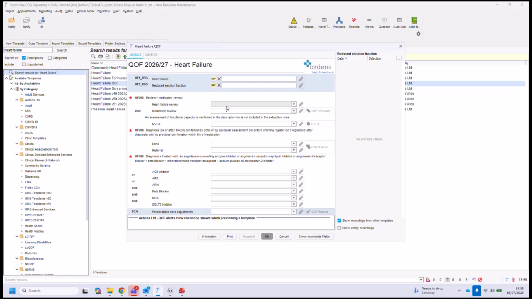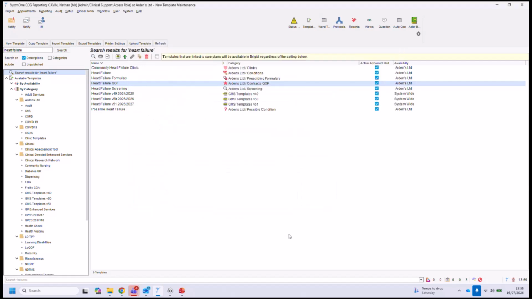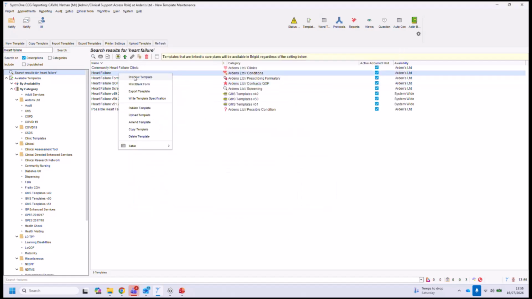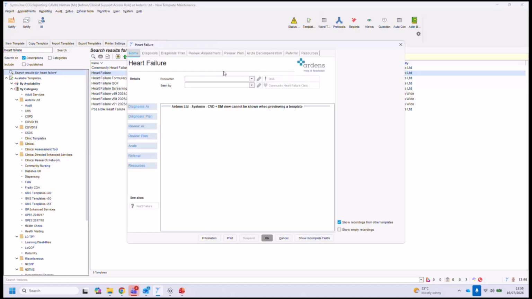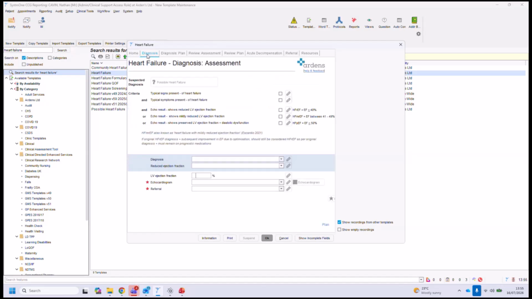Now, what I want to do is just quickly show you the heart failure template for best practice, and I'll hand over to Mariette. So the best practice one, this is what you would get by clicking on the icon under the patient's name that has heart failure. Just want to quickly show you here. It's just a bit more. This is your best bet.